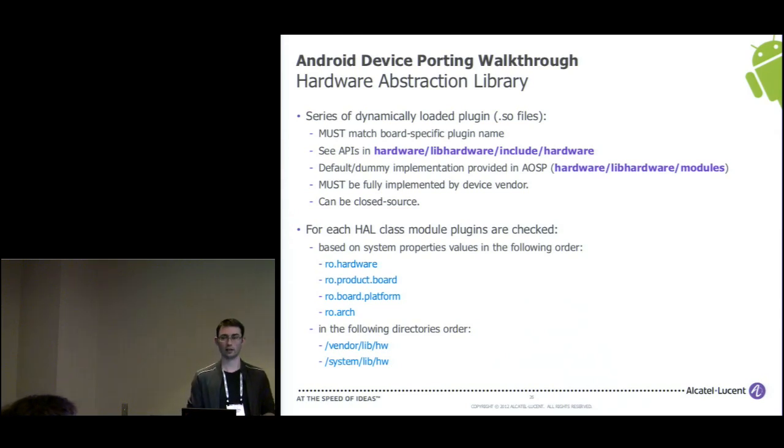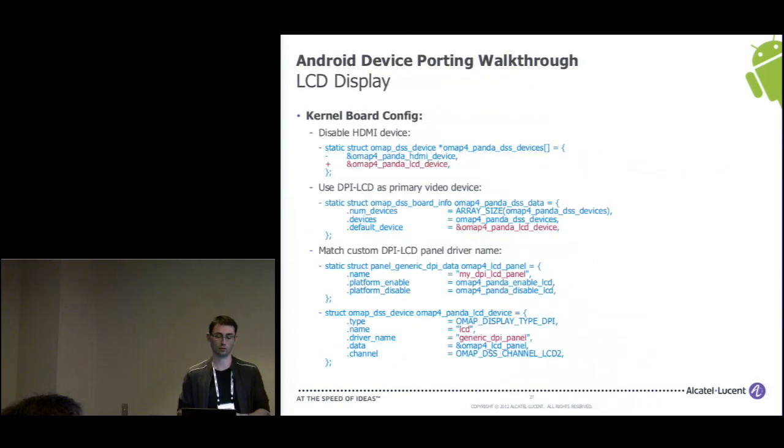And these modules are actually loaded at runtime, depending on the name. So for example, first the system tries to look for the libraries within the vendor lib hardware directory, and then in the system lib hardware directory. And also depending on the system properties that have been defined, you may have different implementations for your device for these HAL drivers. And depending on which ones are available on your system, the Android system will try to find the one that best matches the device that you are trying to work on.